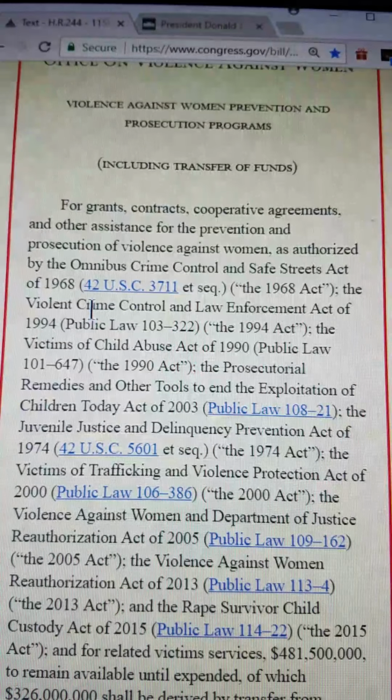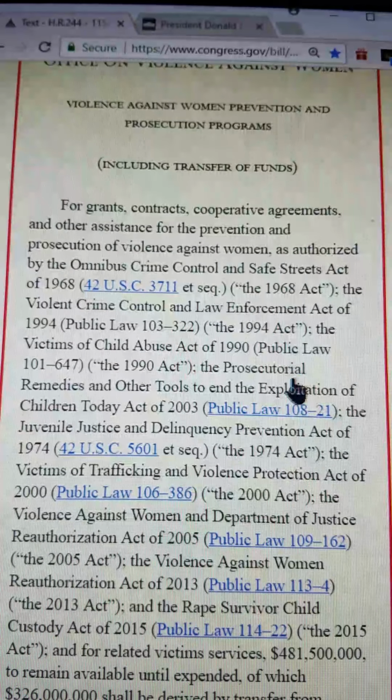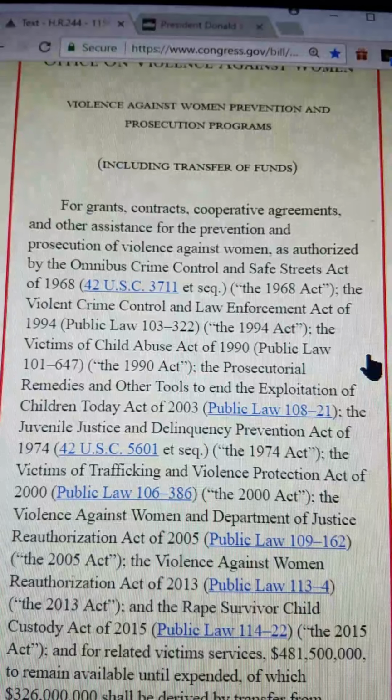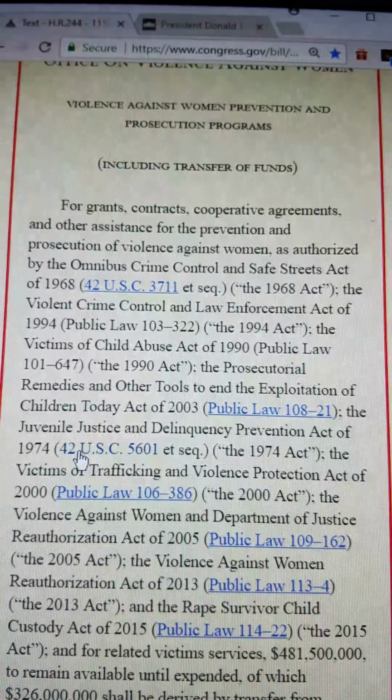The Violent Crime Control and Law Enforcement Act of 1994, the Victims of Child Abuse Act of 1990, the Prosecutorial Remedies and Other Tools to End the Exploitation of Children Today Act of 2013, the Juvenile Justice and Delinquency Prevention Act of 1974,